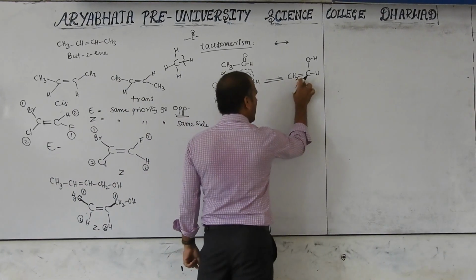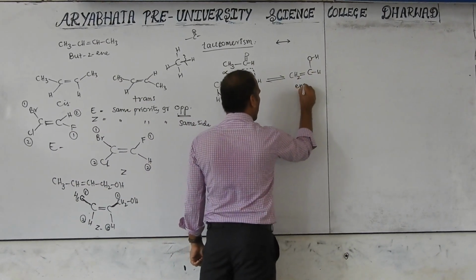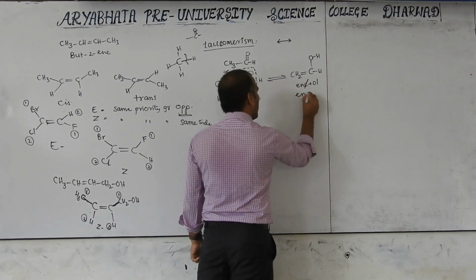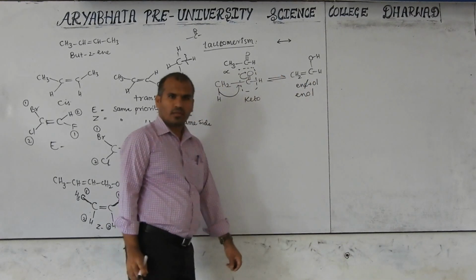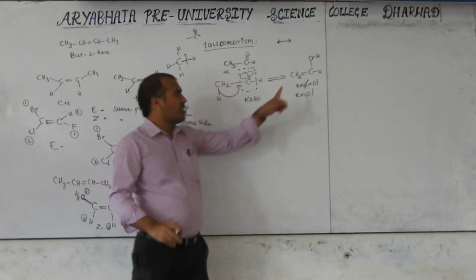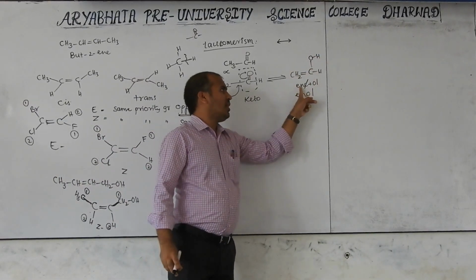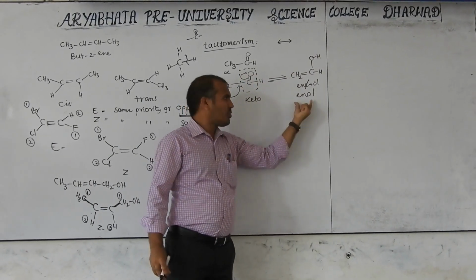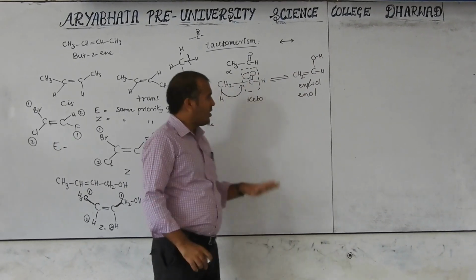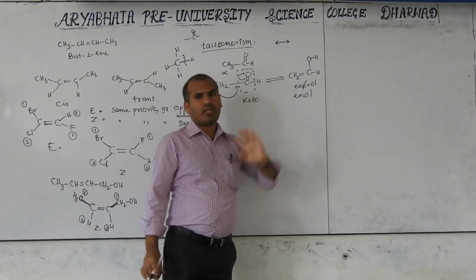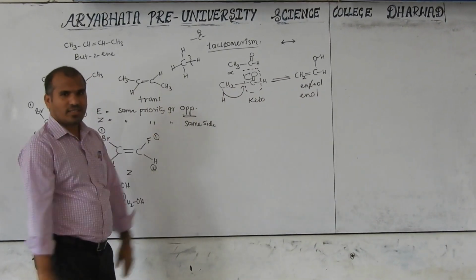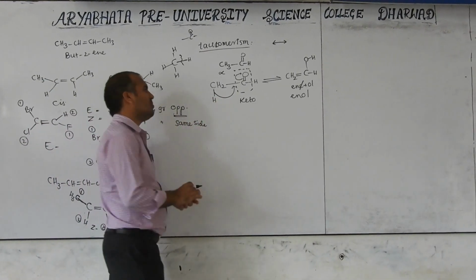Then this is which one? E and O. E plus O. Remove E. Then what will you get? Enol. Okay? Double bond and OH. E with double bond, OL with alcohol. So totally it is pronounced as which one? Enol form. This is called ketoenol tautomerism. Maybe it will be discussed in the first year. I don't know. It is ketoenol tautomerism.